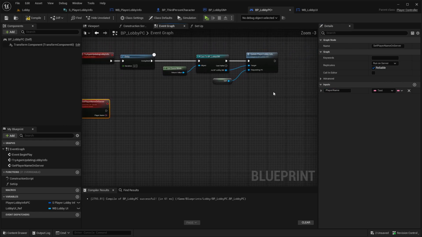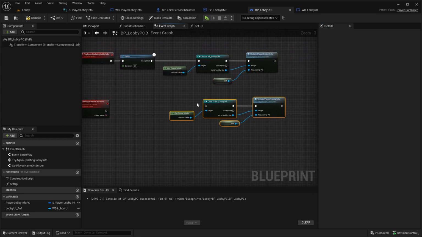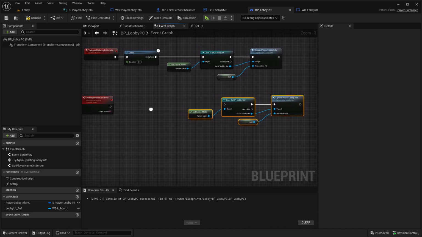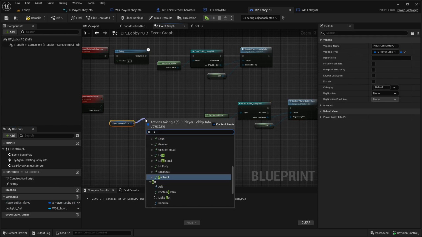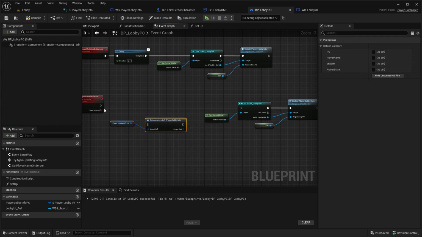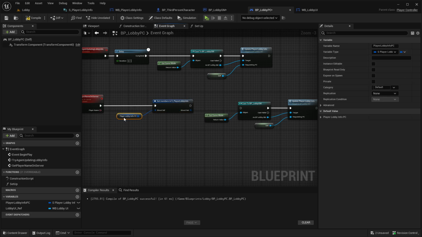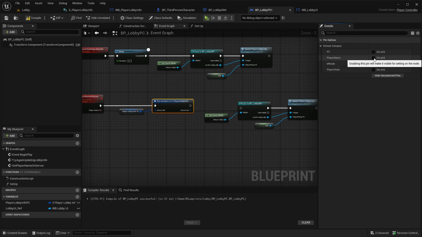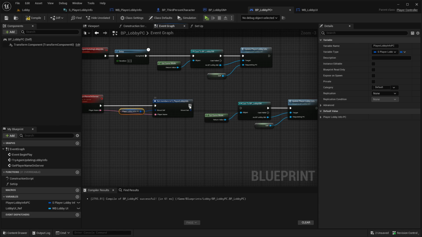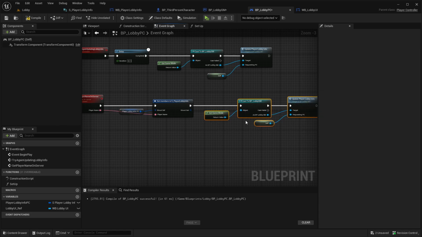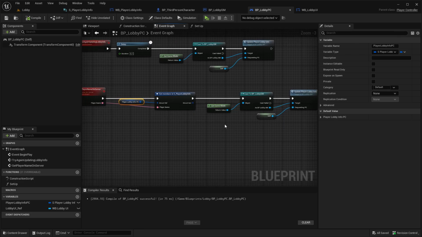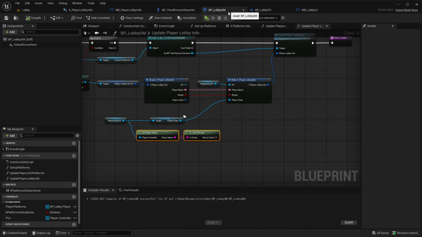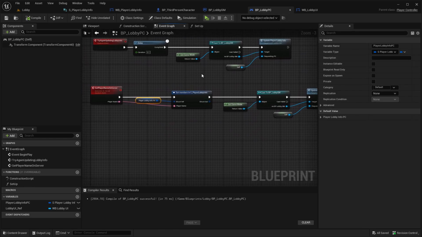We are doing this here, and getting also this here and say set members in, and taking the player name, connecting this and this. So you can do it like this, if you want to go with this name that you can set in the main menu. If you want to go with the Steam name, as I mentioned, you're using this, but also it would still be necessary that you